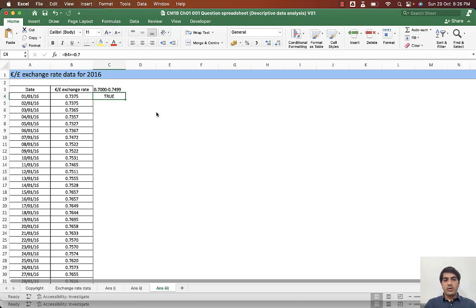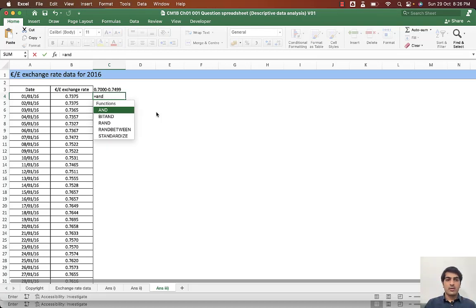Another thing I want to test is whether this is lower than 0.7499, and I want to test both these logical tests together. The way I do that is I use something known as the AND function, A-N-D. What the AND function does is combine multiple logical tests inside. I'll show you for this particular one that I want to give one logical test over here, which is whether this number is greater than or equal to 0.7,